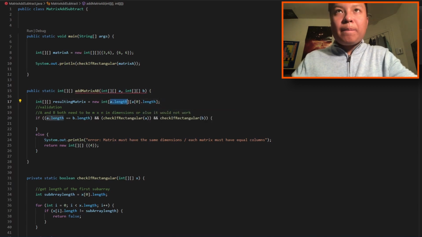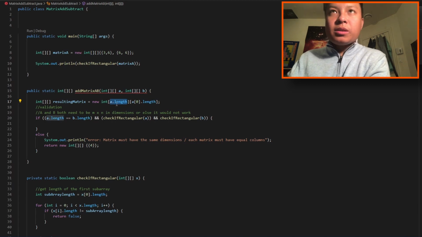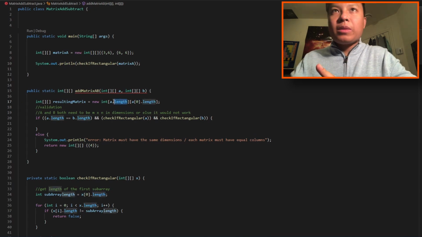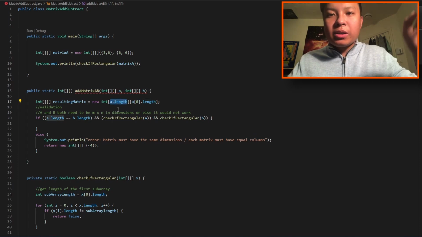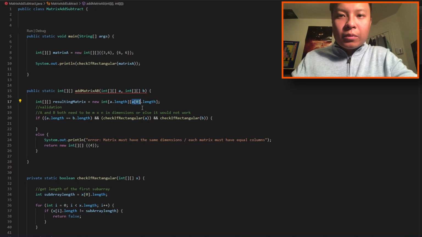Access the row, which identifies, which points to a submatrix, and this points to this, which means the length of the whole matrix, meaning the number of rows, as well as here a[0], which points to a submatrix, takes the length of that submatrix. So yeah,